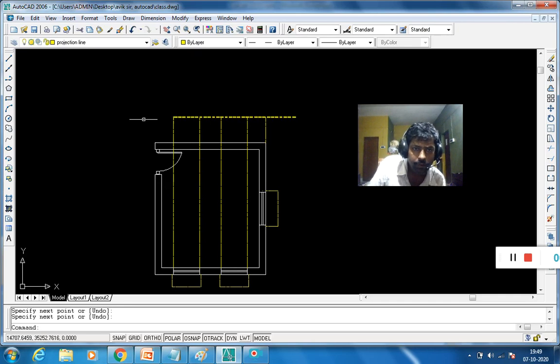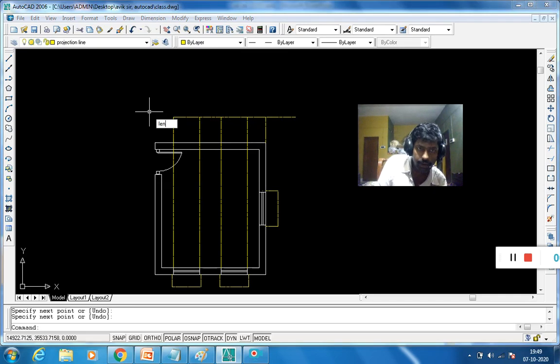Now this is a baseline. Now we want to increase the line along the left direction. To increase the line, use the lengthening command. The shortcut key is LEN.